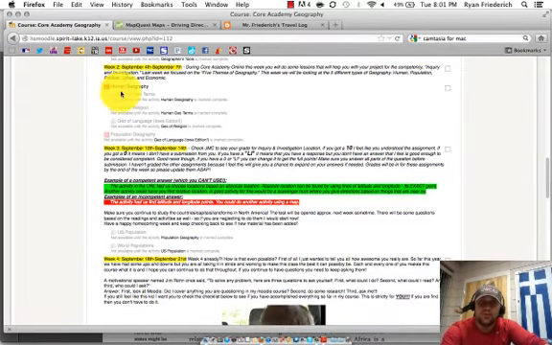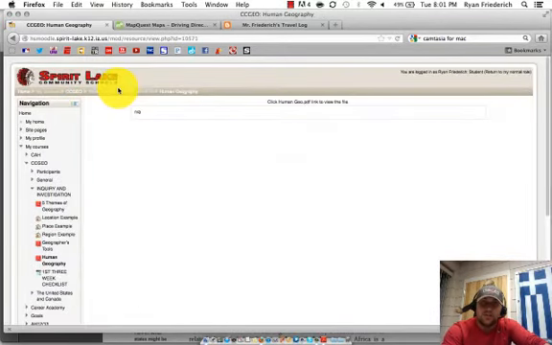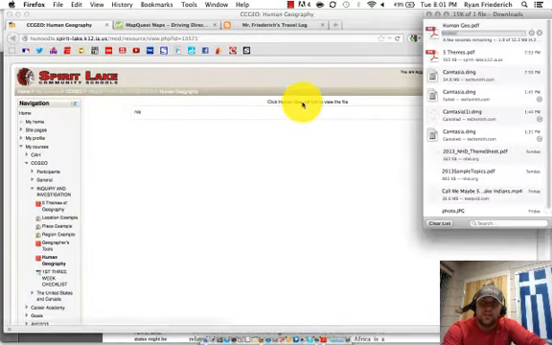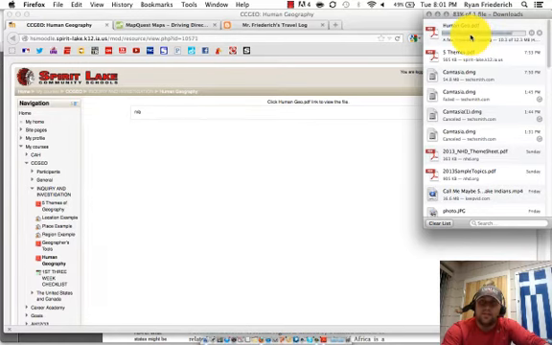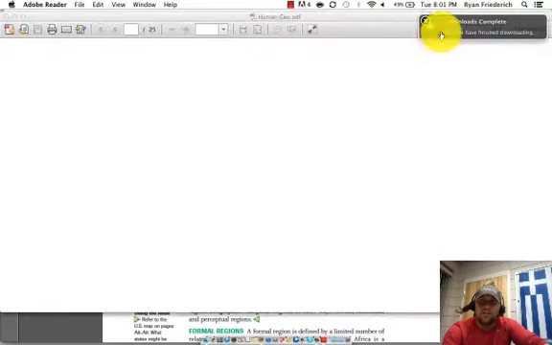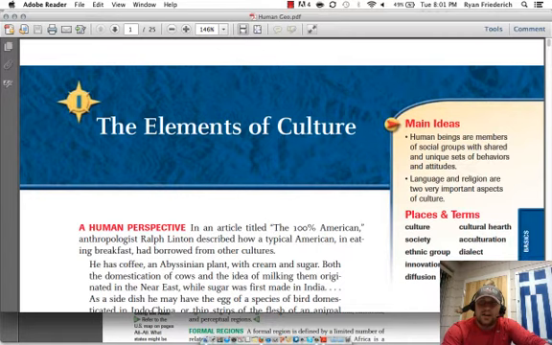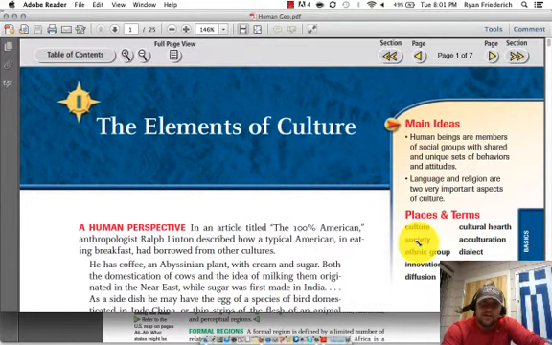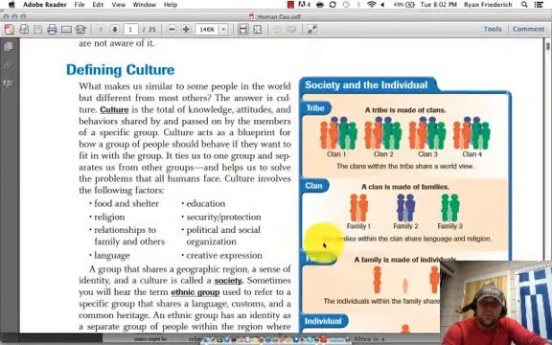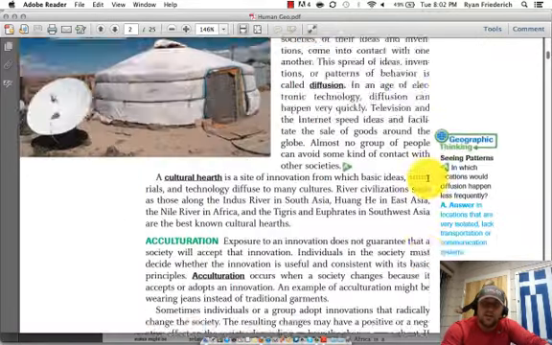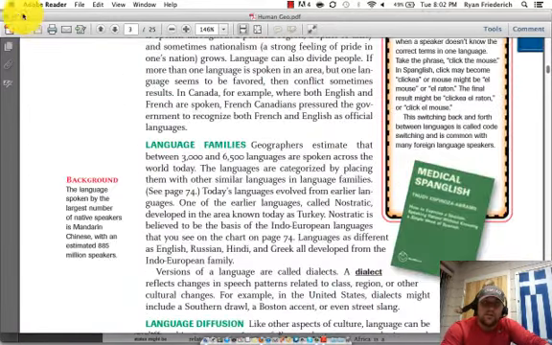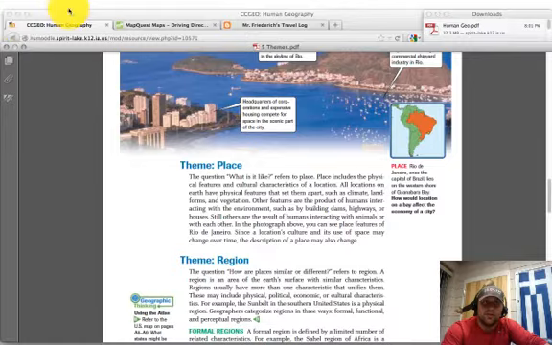And the first one I wanted you to look at was human geography. So you would click on human geography, alright, it would give you a little link to view the file. Okay, you can see our file downloading. It's complete, opens it up, and it talks about that type of geography. So what I wanted you to do is read that article. When you are done reading that article, you're going to go back